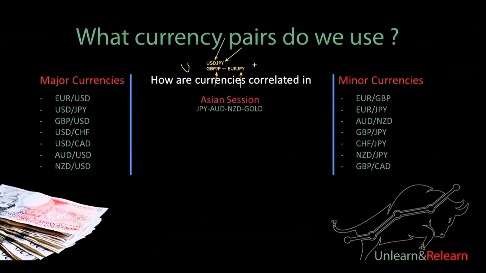If JPY is going to move bullish, then if you backtest and look at the charts, you're going to notice that GBP JPY also moved up, USD JPY also moved up, CHF JPY also moved up, because only one currency is open in the